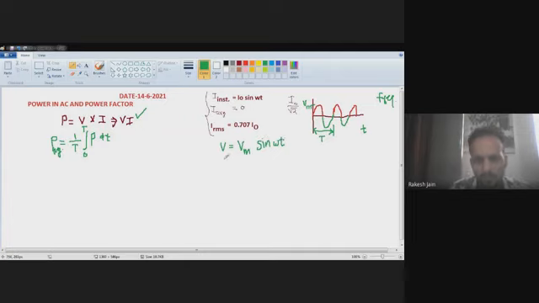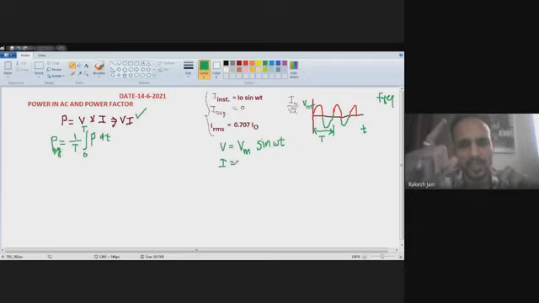And let's suppose my current I has some phase difference with the voltage, because current and voltage are related with some phase difference. If capacitive, then current will lead. If inductive, then current will lag. If resistive, then both are in the same phase. I don't know what kind of circuitry I have. After the final derivation, we will see how to separate the resistive, reactive and inductive cases.